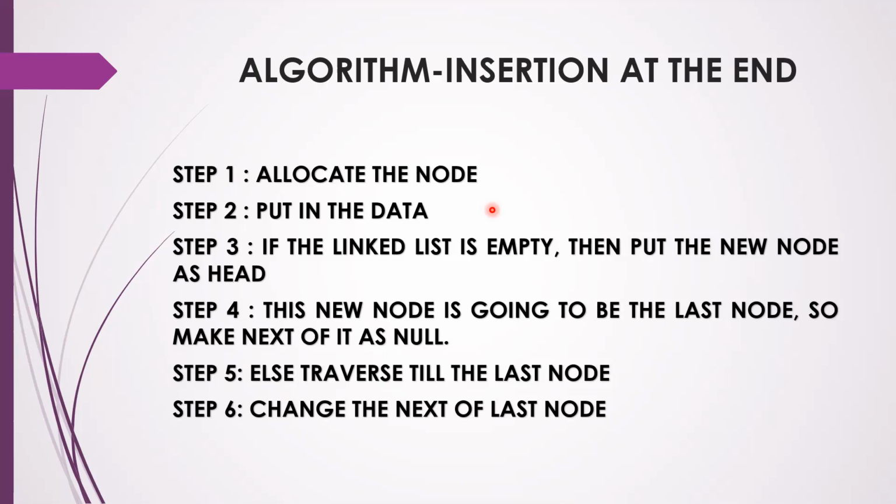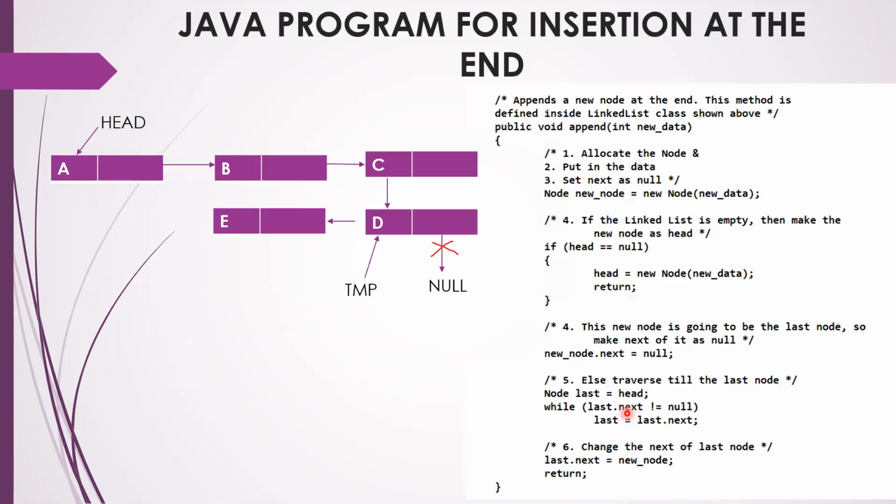And we saw the concept of circular linked list. In the previous session, we saw the concepts of single linked list and double linked list. Today, we saw how singly linked list, circular singly linked list and circular doubly linked list are used, with examples. This program corresponds to the single linked list, okay? And you have to traverse till the last node and make the last node's next field the address of the new node, okay? So these are the 6 steps and we saw the program.